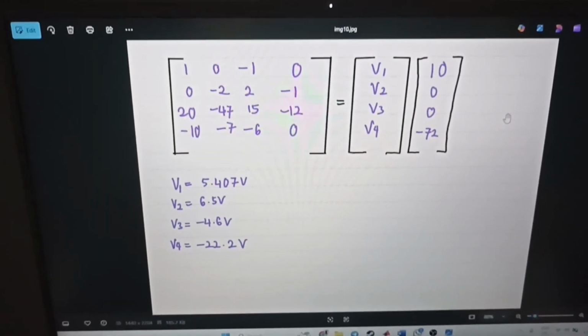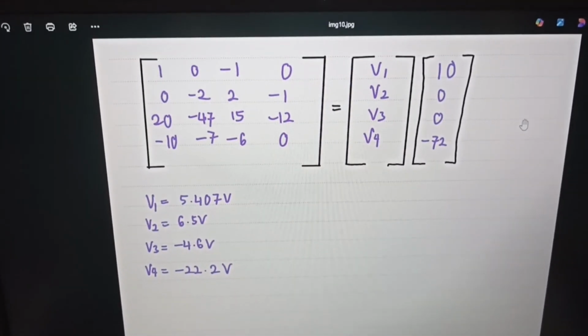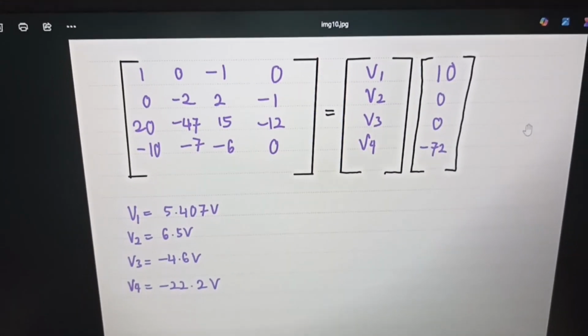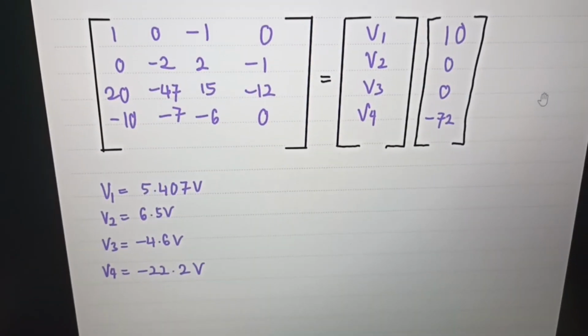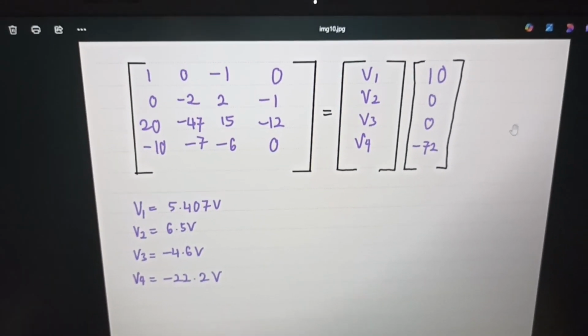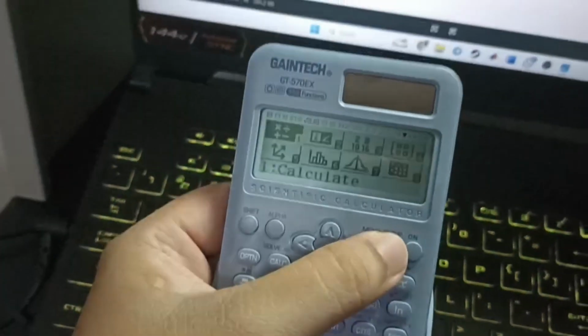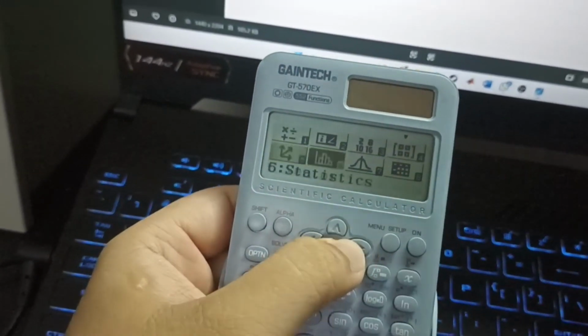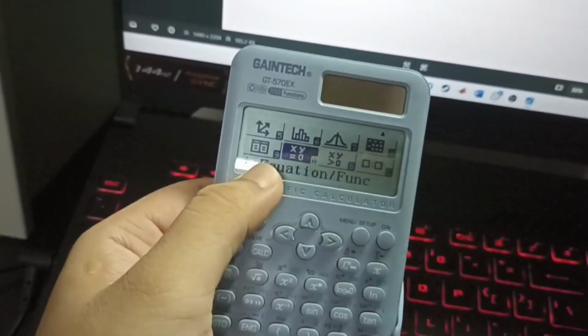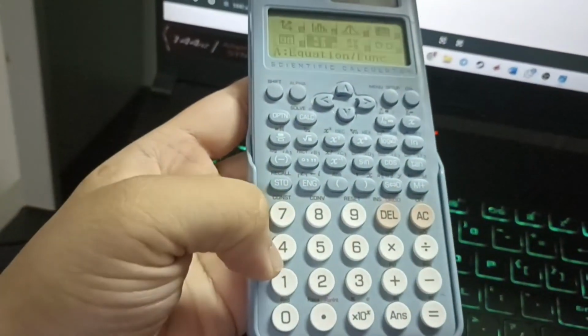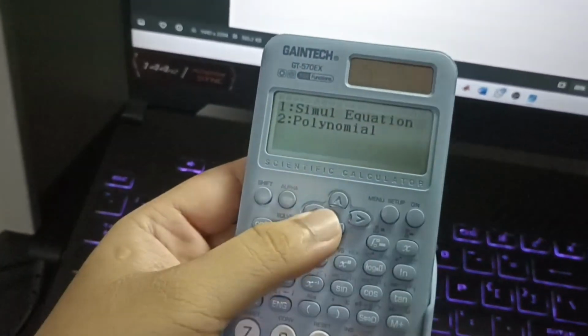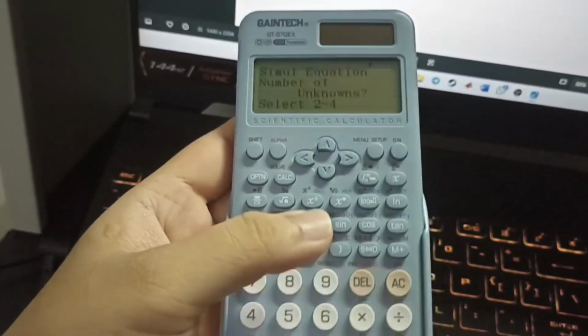Okay, so now I will show you how I get the value of V1, V2, V3, V4 from the calculator. First, I go to equation and function, so press A and press 1.